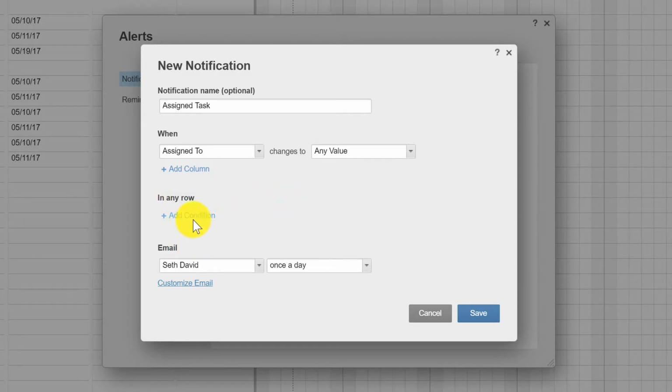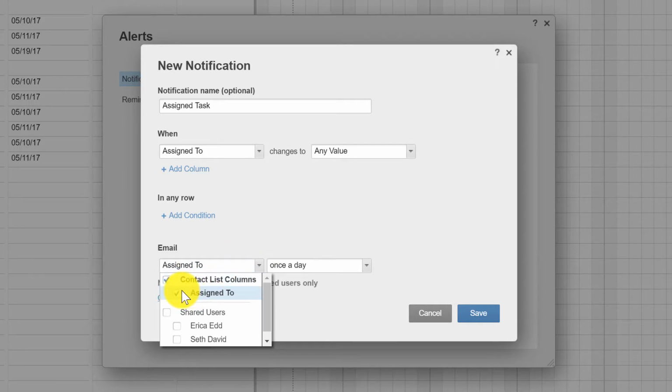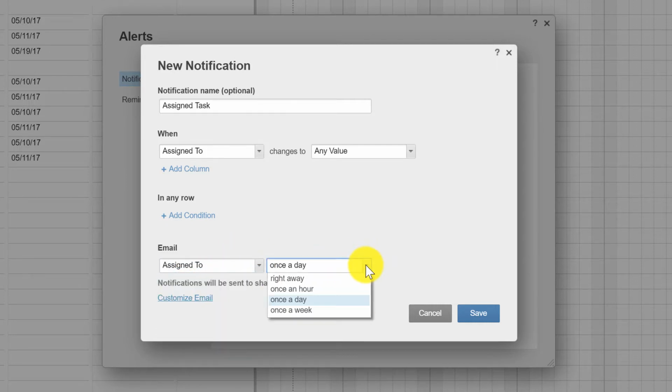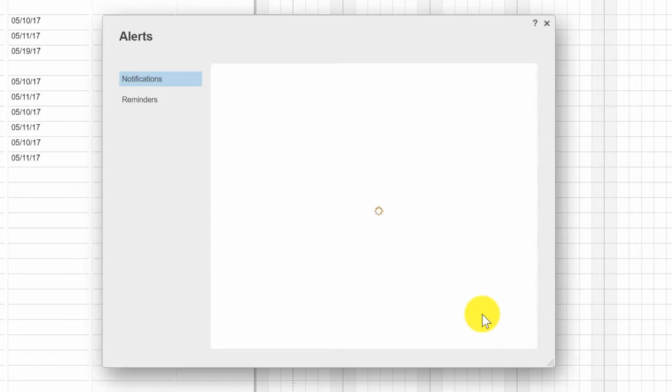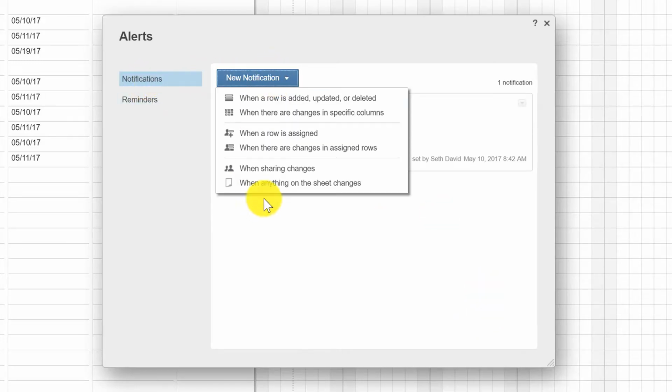In any row, I can add a condition based on rows. Email assigned to, in the case of something like this, I'd want to do it right away, right? So let's save that. All right, now the other one I always do is when anything changes on the sheet,